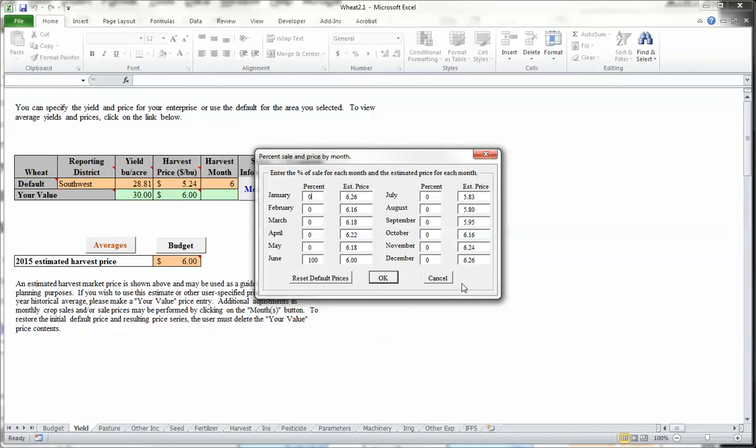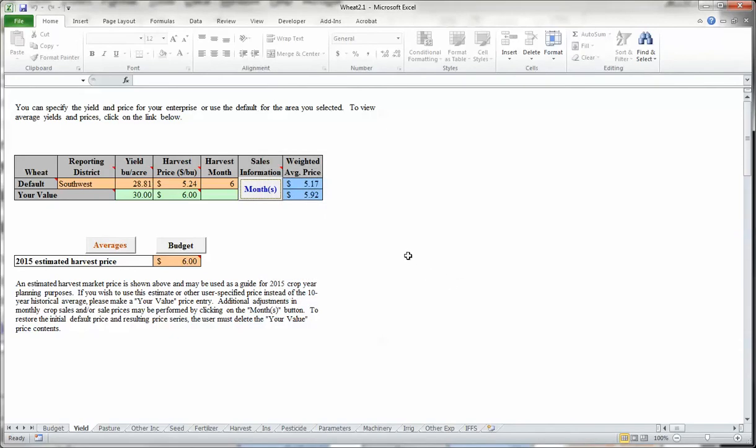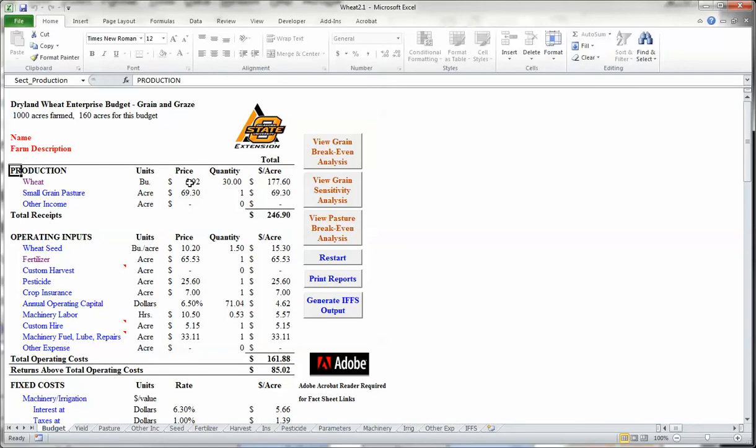But we can also change the sales transaction months. It doesn't necessarily have to be that 100% of all of our wheat is sold across the scales in June. It could be 50%, say for instance in July, and then also say that 50% selling across the scales in June. And what that will do is give you a weighted average of those two prices. So instead of selling at $6, the weighted average of those 2 months will be, say, $5.92. So if we were to go back to the budget screen, you will see that $5.92 for our expected price